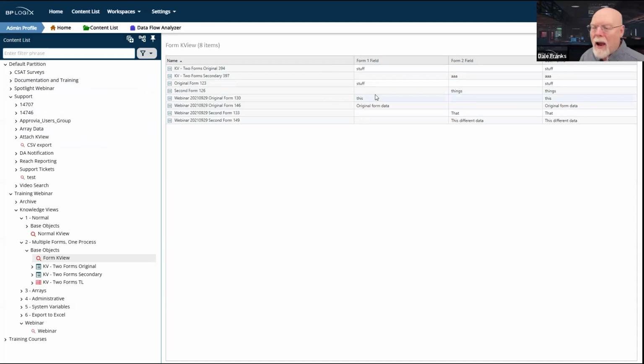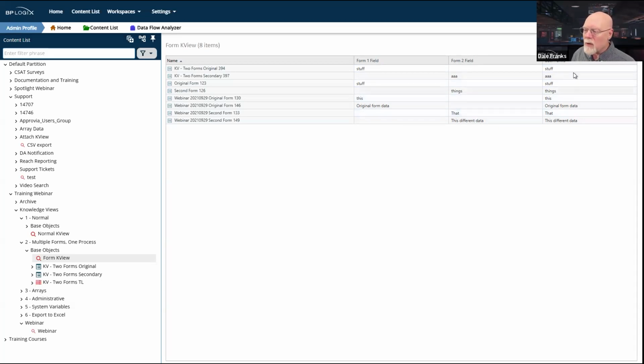So even though I have two different forms, and I'm going to see a separate row for each form, I can concatenate those two fields using the form field system variable, and I don't need to have these two fields or these two rows displayed in my knowledge view.